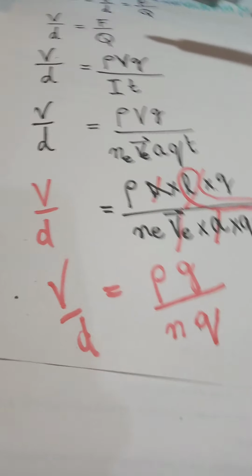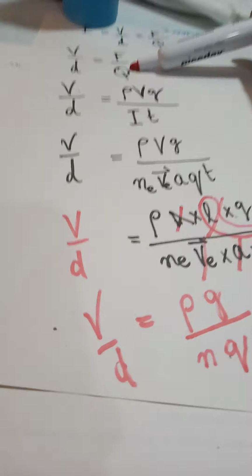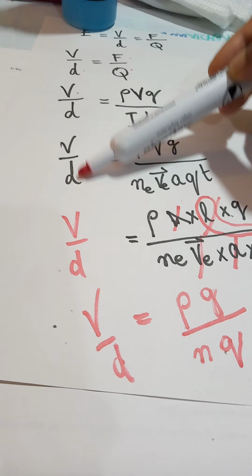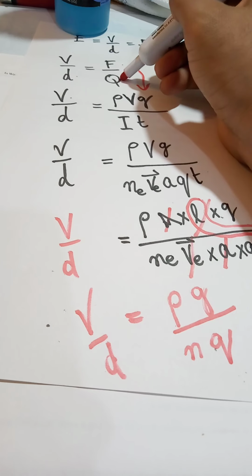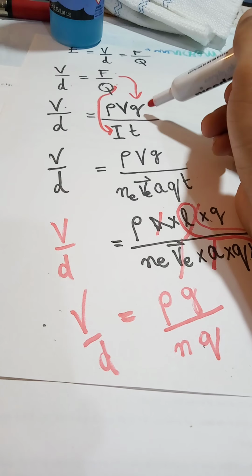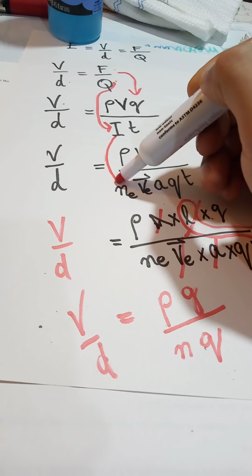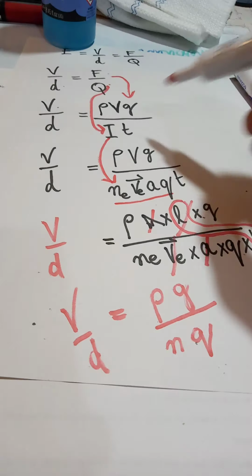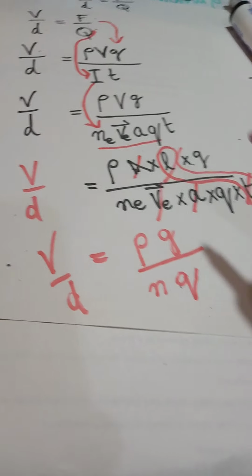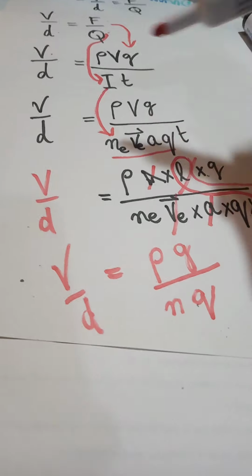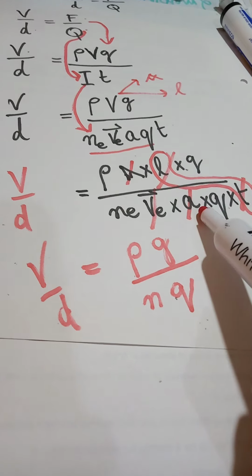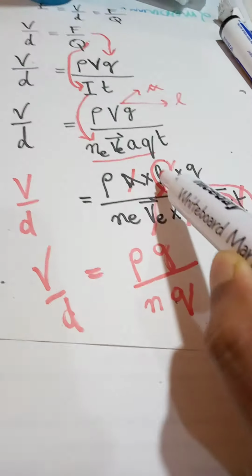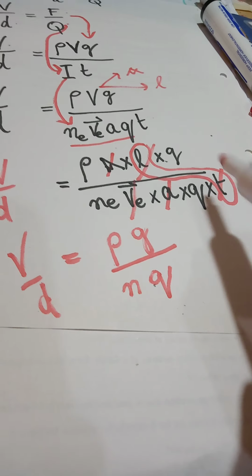So let's just look at it. V over D, F over Q. V over D stays the same, and then I've resolved F into this and Q into this. So rho V G over I T, and then I resolved I into this, and cancelled it out. Then I resolved the volume into area and length. So then I brought it here, area and length. Area gets cancelled here, velocity gets cancelled once L comes out and it's divided by T, and then I'm left